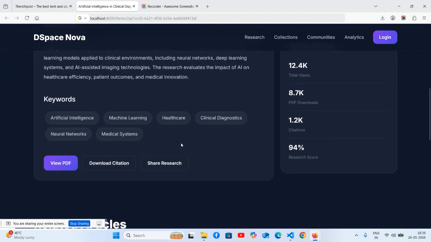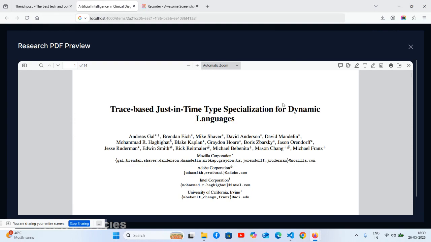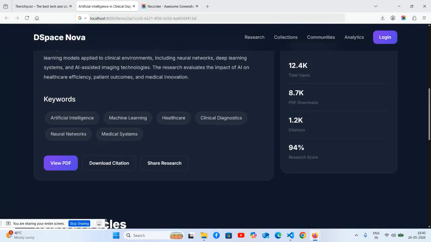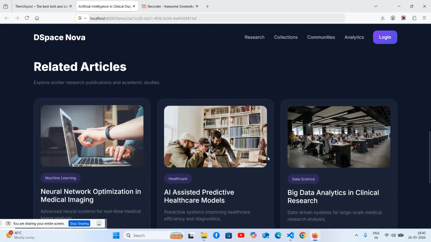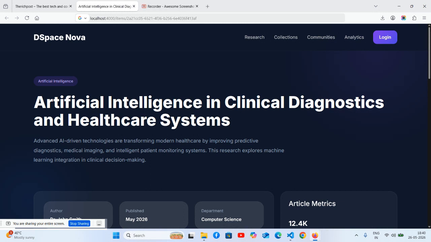Now I will show you the PDF viewer as well. On this button, click, see button clicked, and see the beautiful PDF viewer as well. See guys, works like charm. Below related articles, you will see the whole effect, and the footer as well. See guys, the beautiful article page or item page for